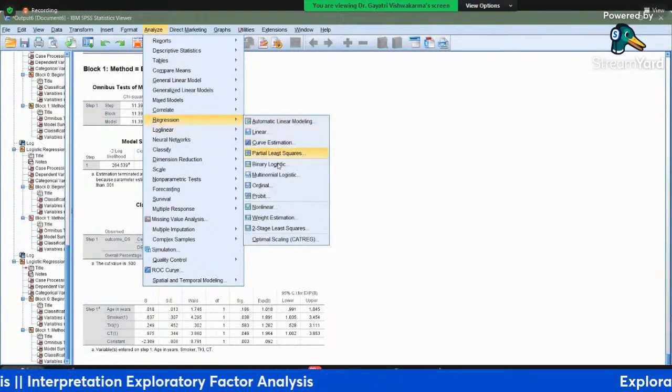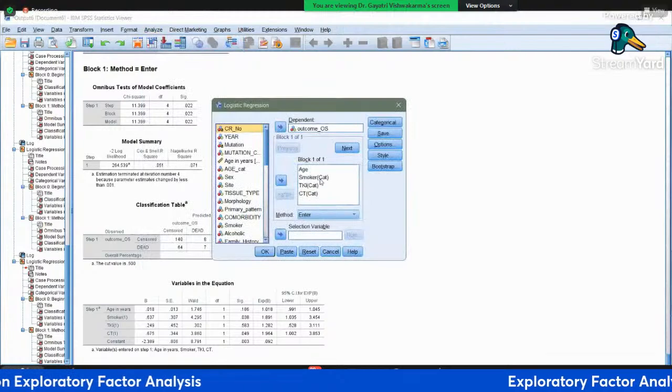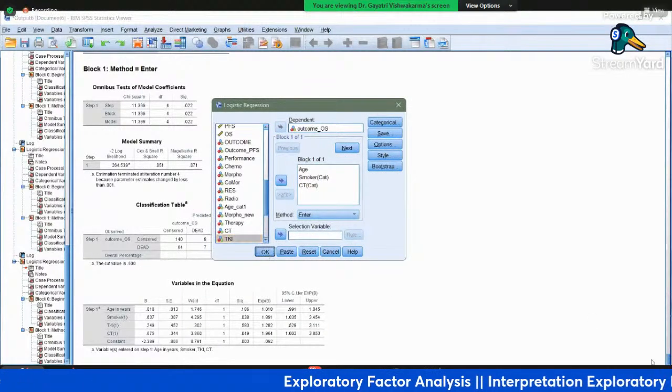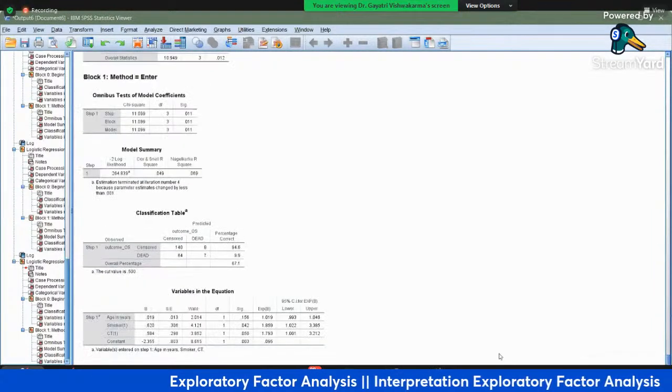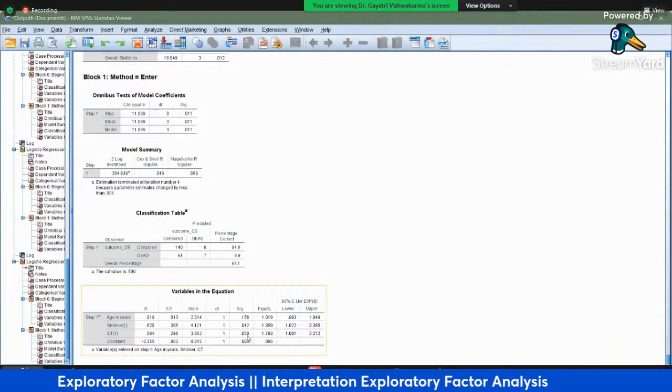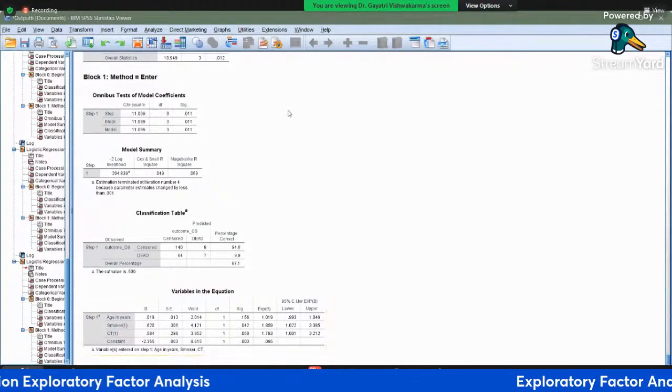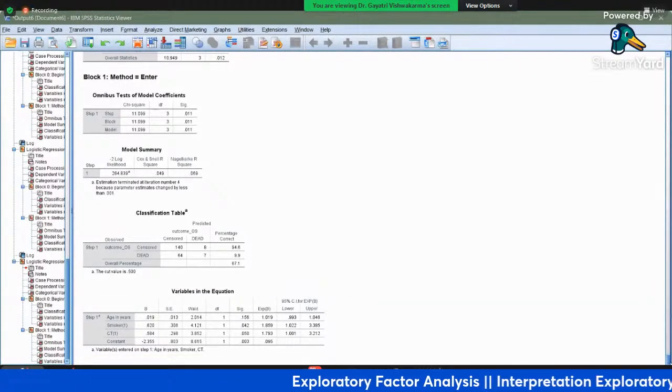So let's do one more time and remove the targeted therapy and see how the model is coming up. So in this model now, see, almost all variables are coming significant. We have just smokers and chemotherapy. But this is not the thing which we should take. We have to have some more things into it.